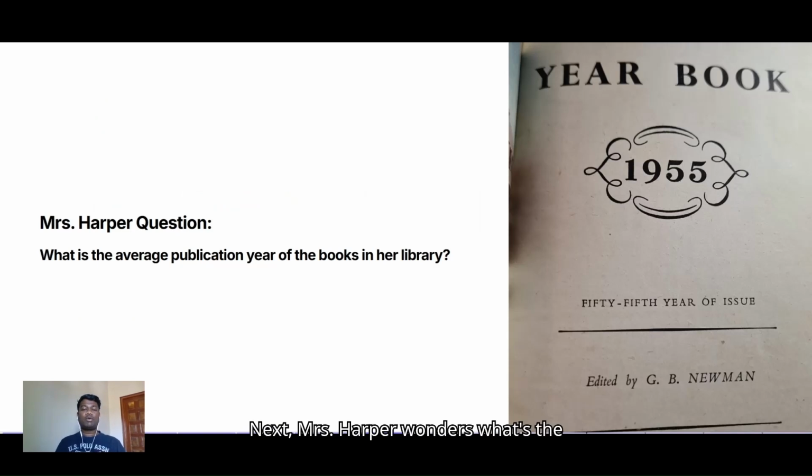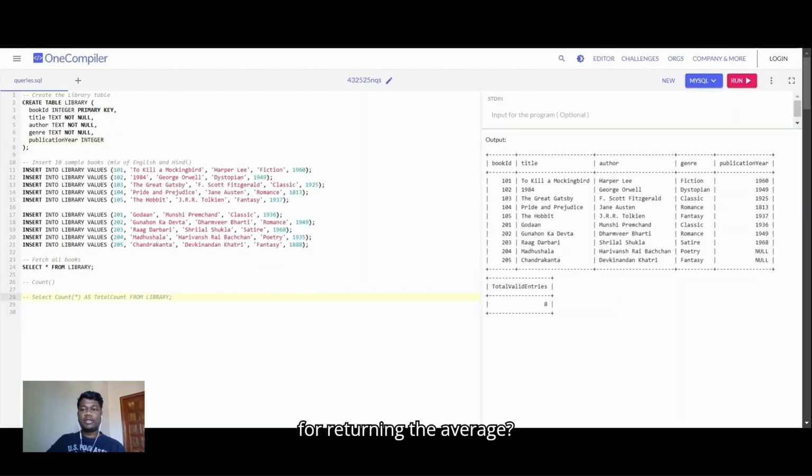Next, Mrs. Harper wonders what's the average publication year of the books in a library. For figuring out the average publication year of the books in her library, she can make use of the predefined aggregate function called average. So how do we work around with average? For returning the average,